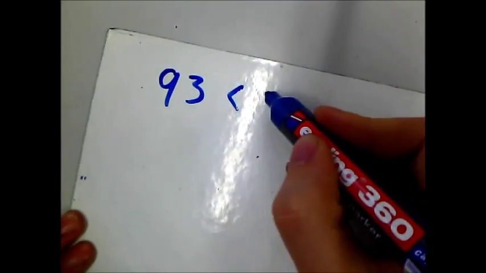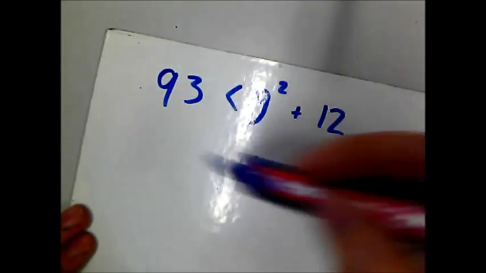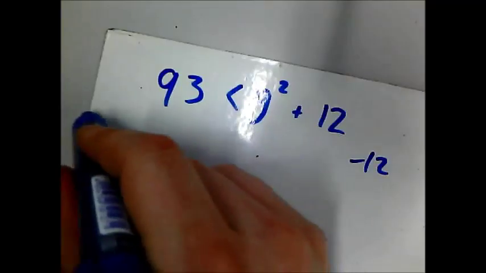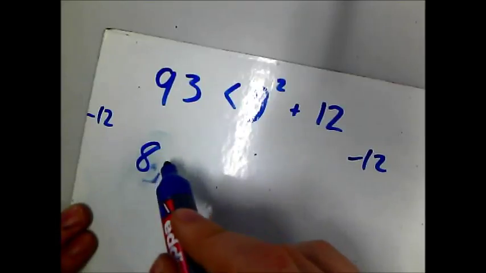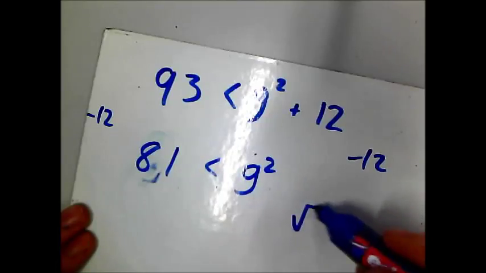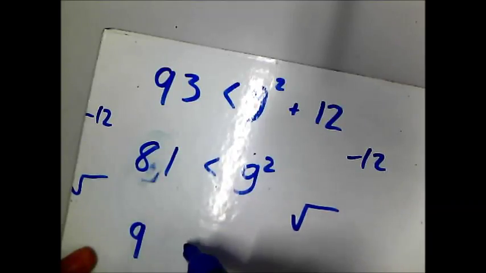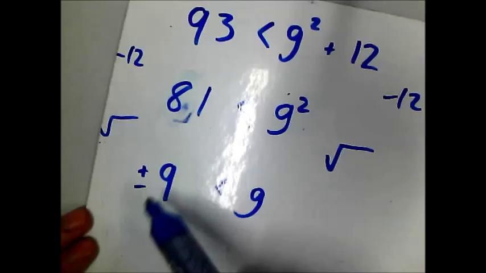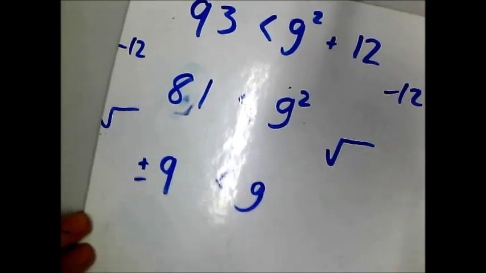Next question. 93 is less than g squared plus 12. So I'm going to subtract 12 from both sides. So I'm going to get 81 is less than g squared. And then I square root both sides. So I'm going to get 9, because the square root of 81 is 9, is less than g. And for a bonus point, if you remember negative 9, okay,